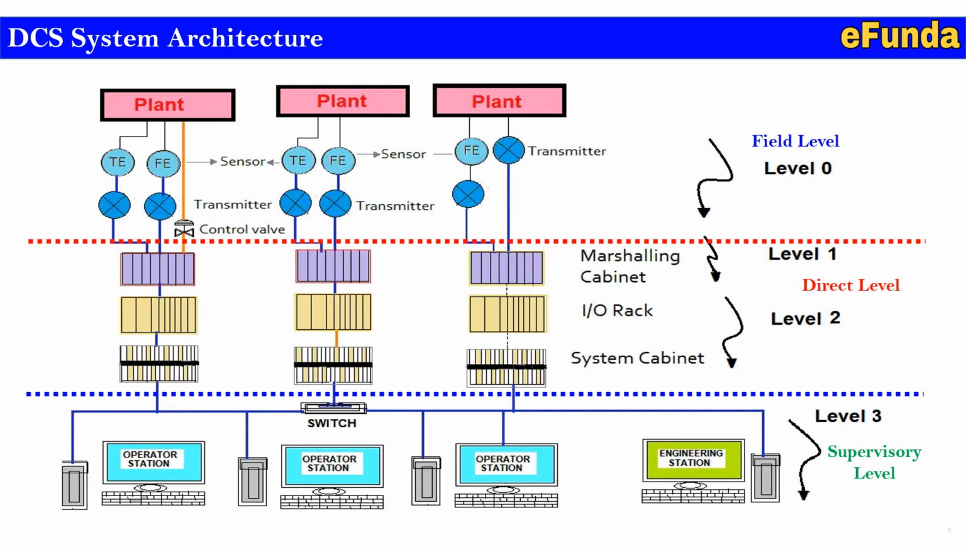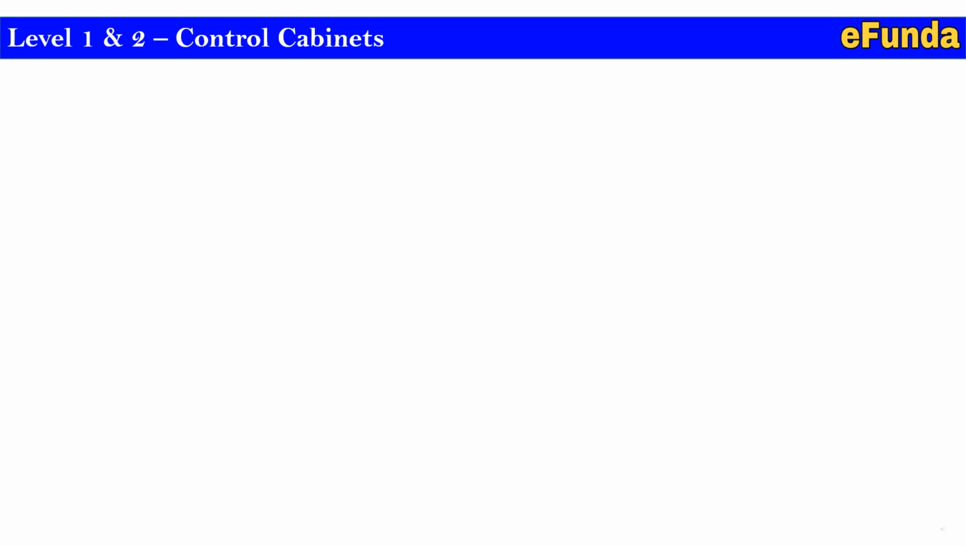We will see the further details on the level basis so as to understand the DCS system architecture with the help of their guidelines. Moving on to level 1 and 2 control cabinet, and for the field instrumentation, that is the plant instruments, we have already created a separate video; one can visit our channel and watch. Here in the level 1 and 2 control cabinets, we are going to cover the topic of type of